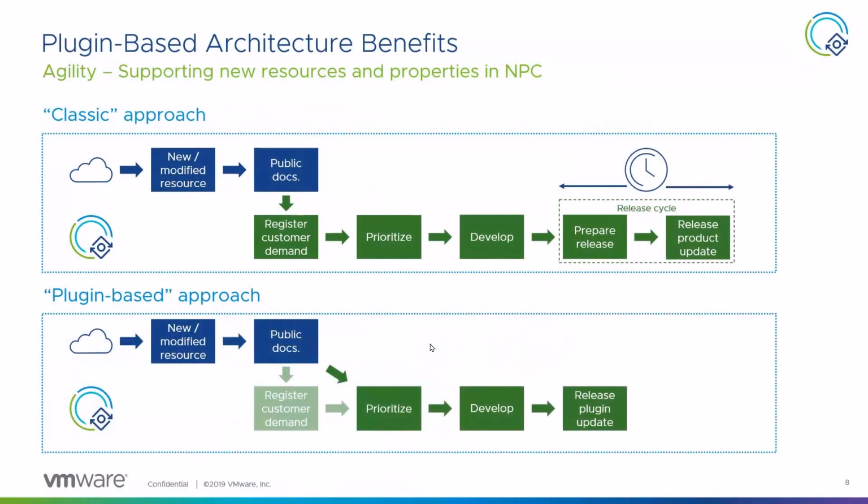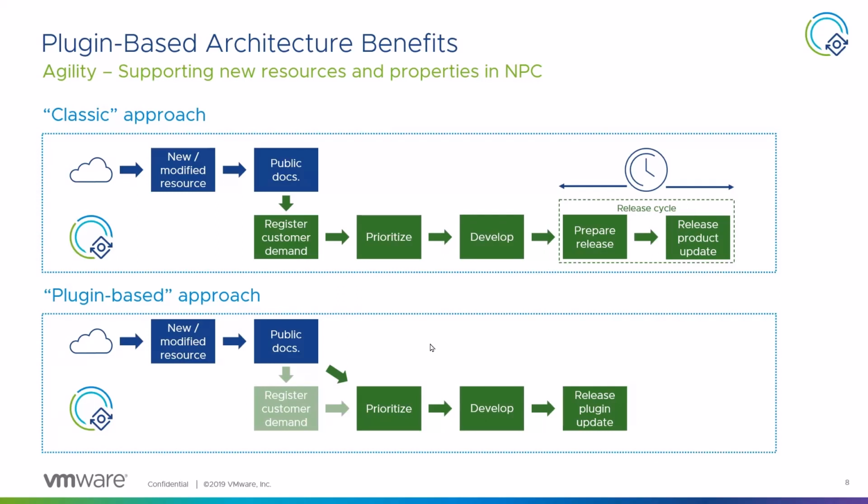There are a lot of benefits to adopting this new approach when we're moving to a plugin-based architecture, when we're talking about supporting new resources and the properties of those resources in native public cloud. The first one is agility. Compare this to the classic approach that Aria Automation continues to use today, for example, when you're provisioning things to AWS, Azure, or GCP. The classic approach is that, let's say, the cloud provider creates a new or modifies a resource. So we have to do our research and look at